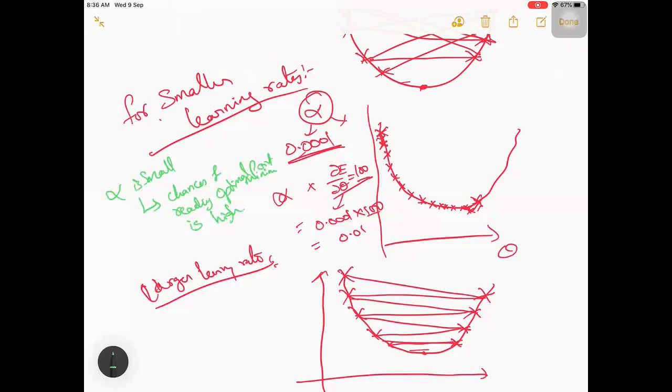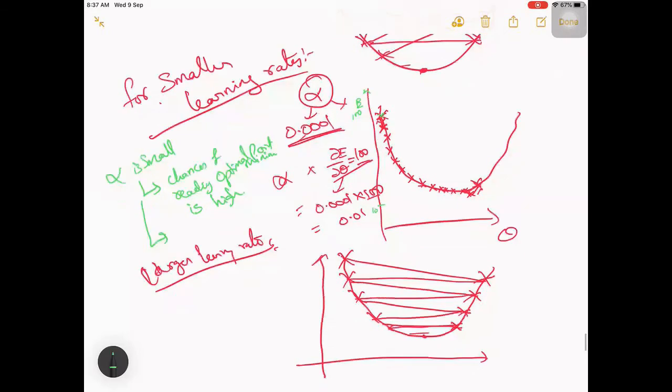But what is happening is it is taking so many iterations. If you see from here to here, to converge the error value from 100 to something like 10, it is taking 1, 2, 3, 4, 5, 6, 7, 8, 9, 10, so more than 10, 15 steps, right? So the convergence is slow.